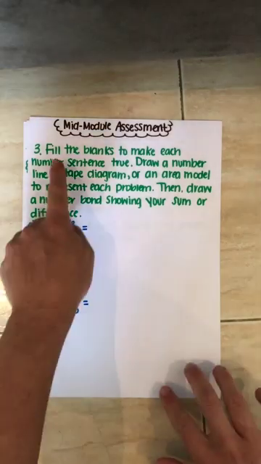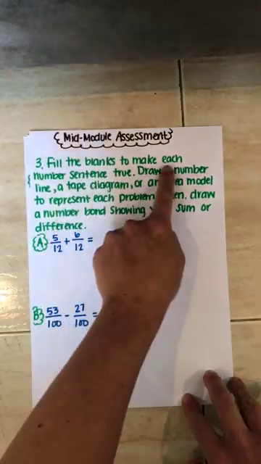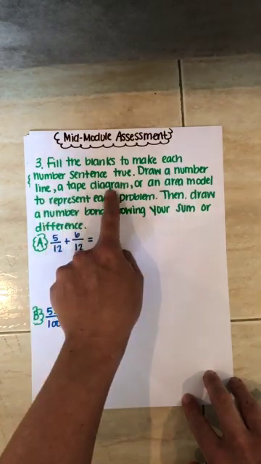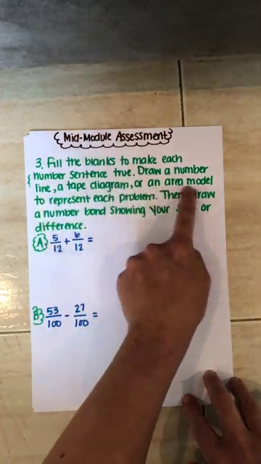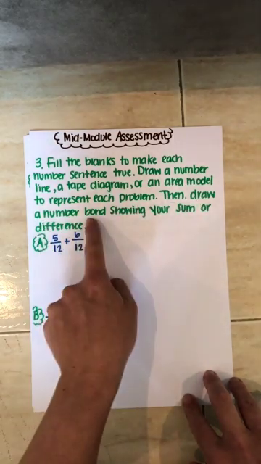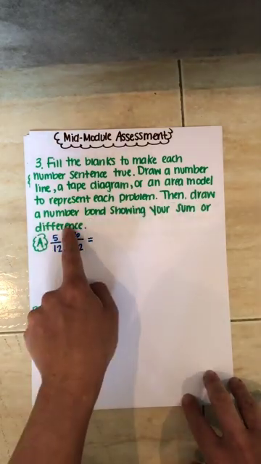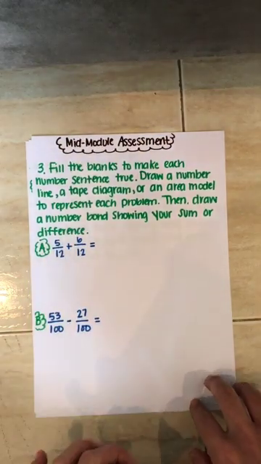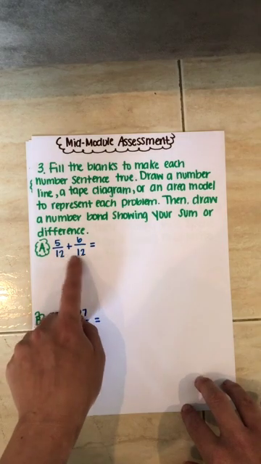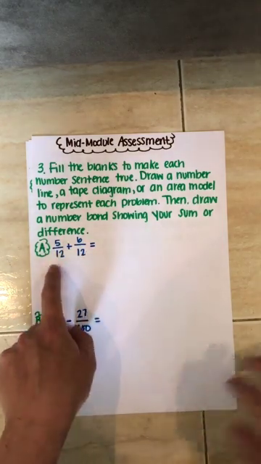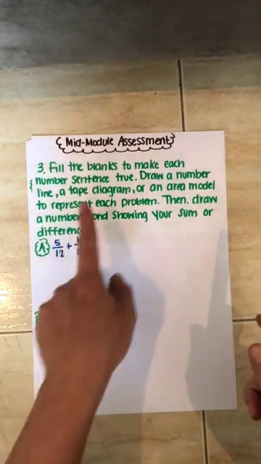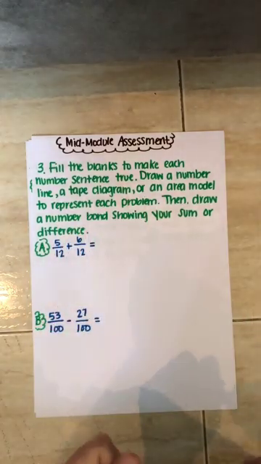Number 3, fill in the blanks to make each number sentence true. Draw a number line, a tape diagram, or an area model to represent each problem. Then draw a number bond showing your sum or difference. So the first thing we're going to do is write a number sentence. We already have a number sentence here. So now we just need to solve this number sentence and then draw a model to show our sum or